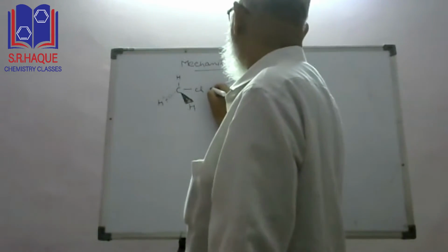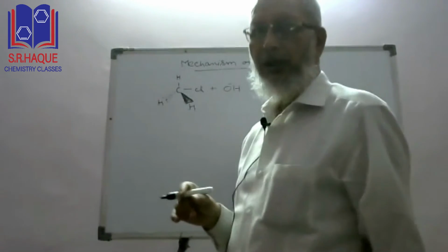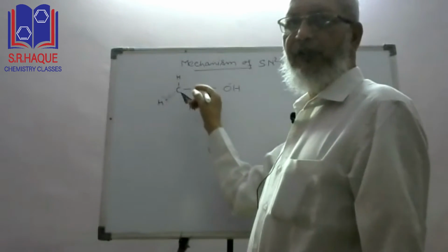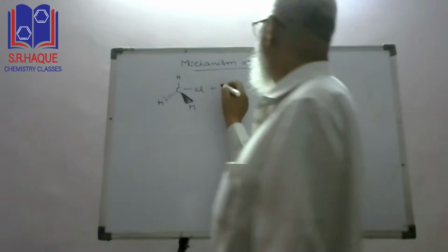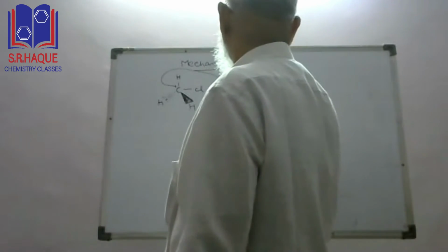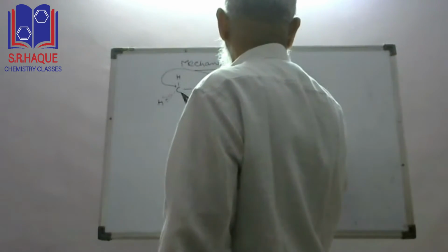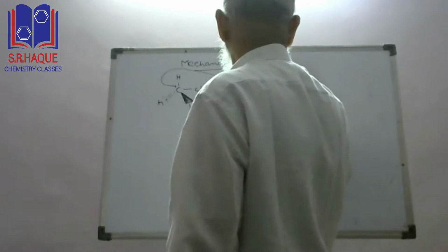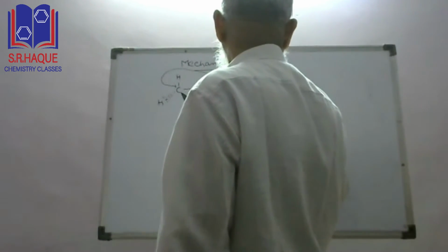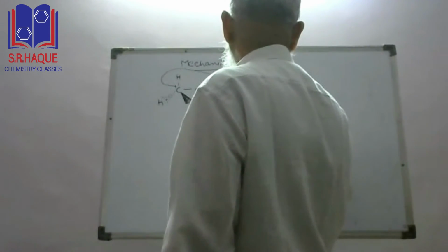Now, when the nucleophile attacks here, it has chances of attack only from the back side because the front side is blocked. So the attack will be taking place from this side, and there will be formation of a transition state. In the transition state,